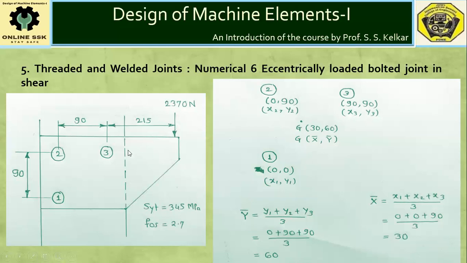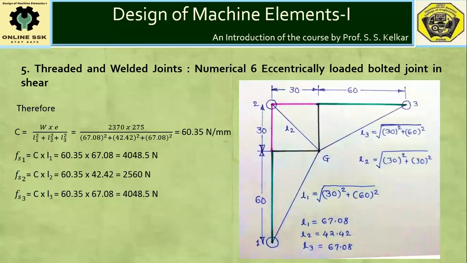We are in need of the CG because we have to measure the distances L1, L2, L3 from the CG. Also, we have to find the eccentricity with respect to the CG of the bolted system. For a symmetric system, by mere inspection or judgment, one can predict the location of the CG. That will not be a problem in a symmetric system, but for an asymmetric system, we have to employ this method for locating the CG. Now we have located the CG.